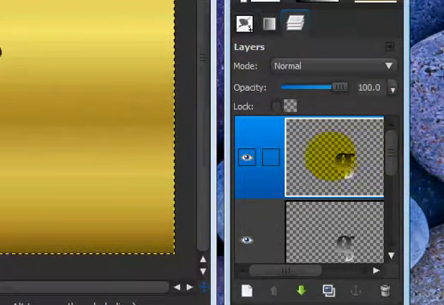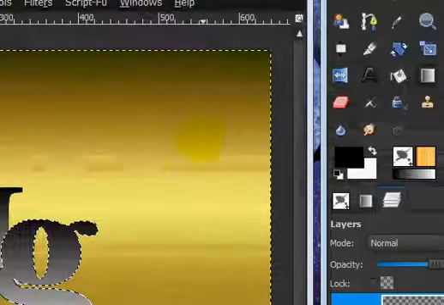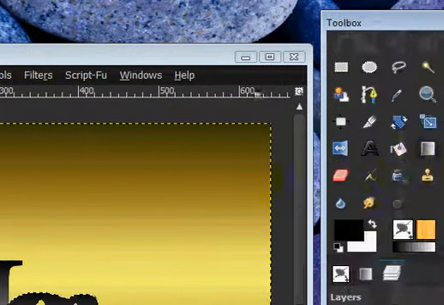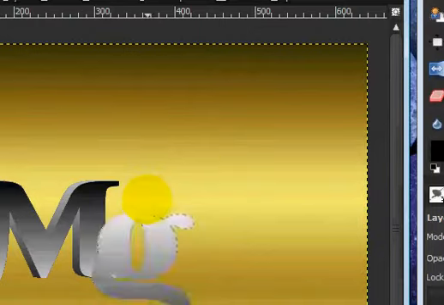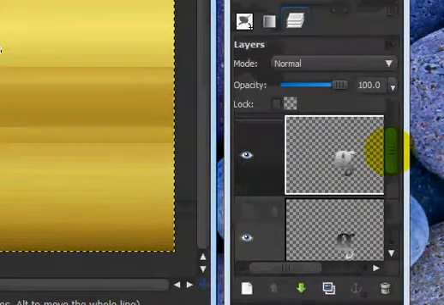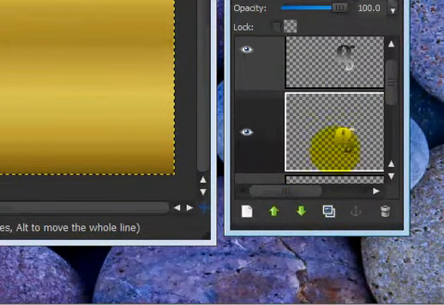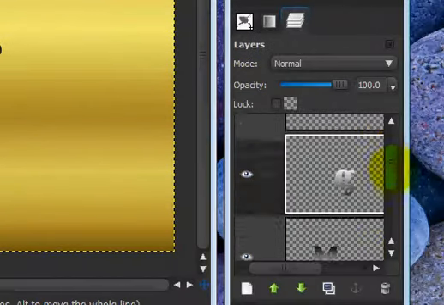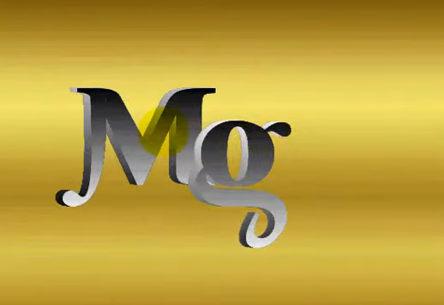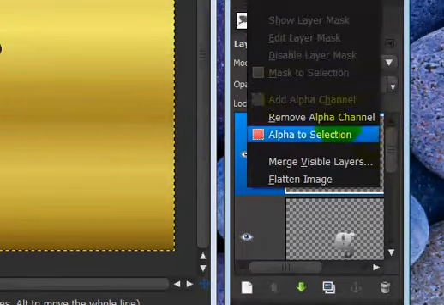And you're going to alpha to selection the 3D layer, and you're going to take the gradient and stroke up instead of down. It's very important. And you're going to move this layer below the other layer, below the original layer, and you're going to just click select none. To add a shadow, because this is in front of this, you're going to have to first